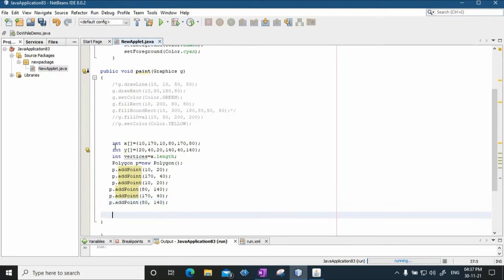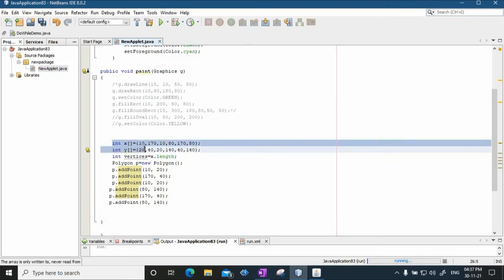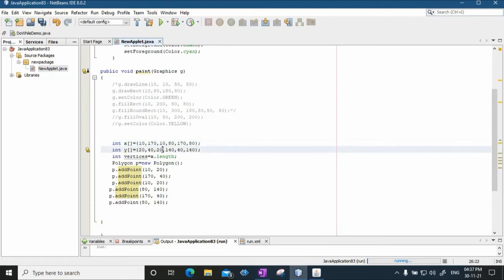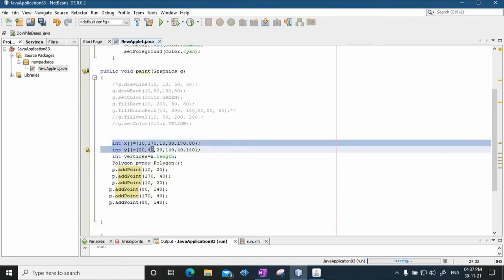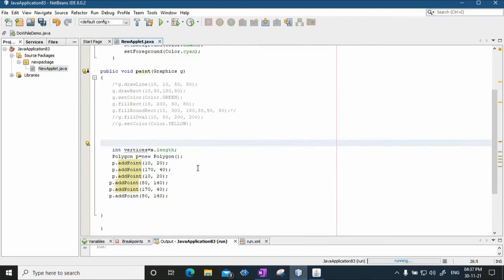That's it. So instead of specifying the arrays this way, what we have done is specify these points x1, y1, x2, y2, x3, y3, x4, y4, x5, y5, x6, y6 by using add point method. So I don't require these arrays anymore. And finally, using these points, I will now draw the polygon.